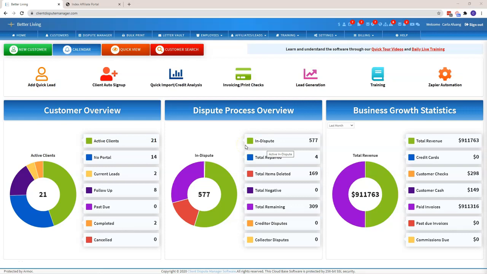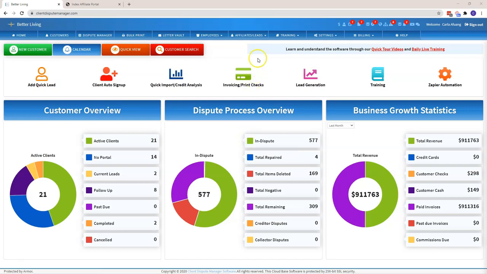In this training tutorial, I'm going to show you the Affiliate Access feature. What does this feature do? The Affiliate Access feature allows you to have full control whether you want your affiliates to be able to view their referrals' client tracking portal. Meaning to say, you could turn on and off the capability of your affiliate to see the progress of their referrals' dispute process. So let me show you where you could go ahead and turn on and off this feature.